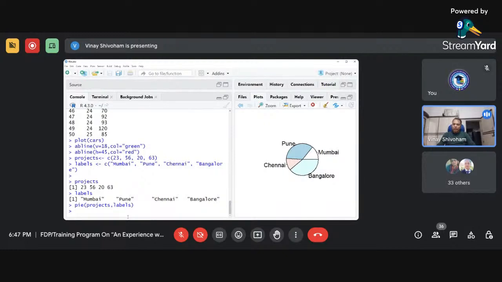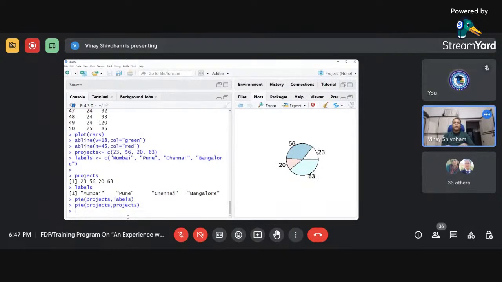We can also use labels like that. For example, if you want to see labels with the values, then you can use the values as projects, project with projects. You can see this. So only one value you can use to print. So with project and label as projects, that means it will show you that 23 is having 23 value, but